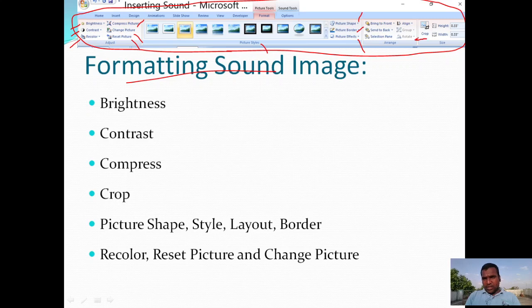We can perform the crop operation on the picture and set its height and width. All these commands are available, and we can perform these operations on the sound image.